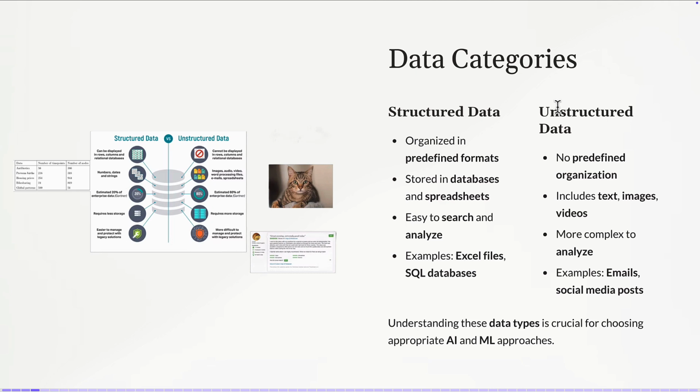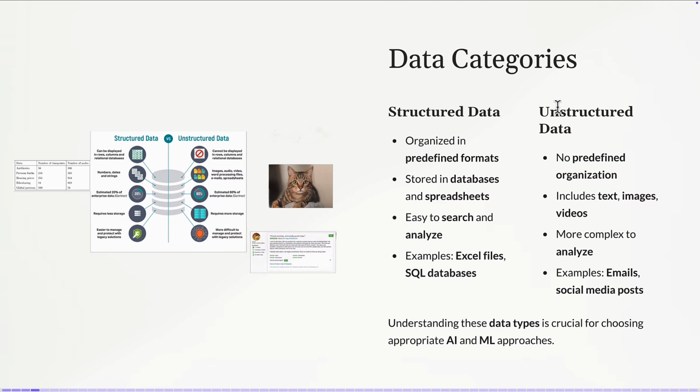How can you convert these 3 million pixels into a classification or say what is inside this image? So this data is more complex to analyze, like, for example, emails or media posts, and we want to get information out of this unstructured raw data. So machine learning basically is going to transform unstructured data or structured data into meaningful information based on the task that we want to assign.